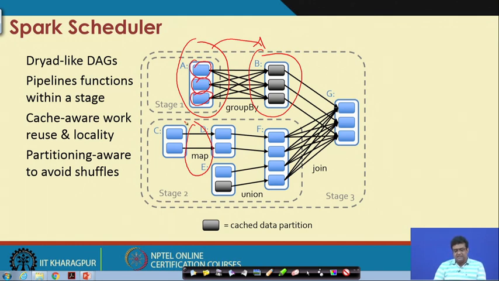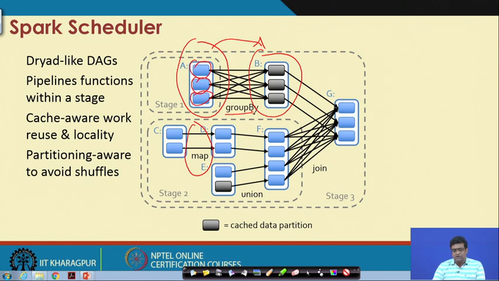Okay. So, there are basically 2 types of transformation. So, edges in this graph are of course marked by transformations, as you can see. So, one set of transformations like map, filter, union, etc., these types of transformations produce one to one dependencies, also called narrow dependencies. And other transformations like group by key, reduce by key, join, etc., they produce many to one dependencies, depending on again what happens.